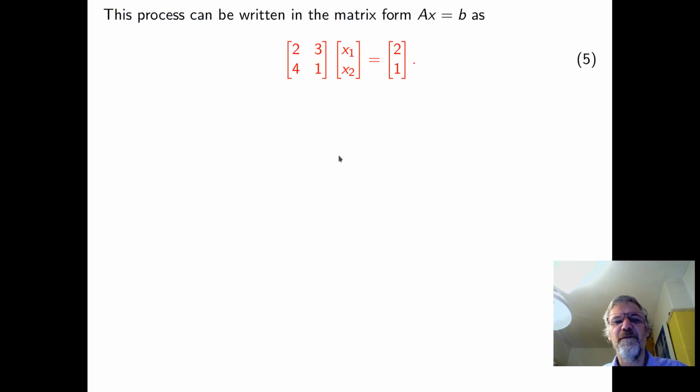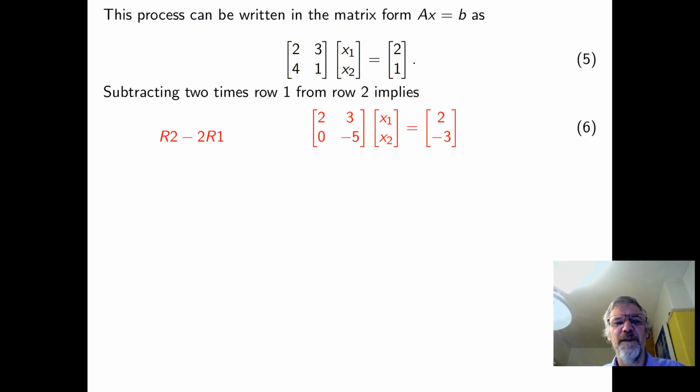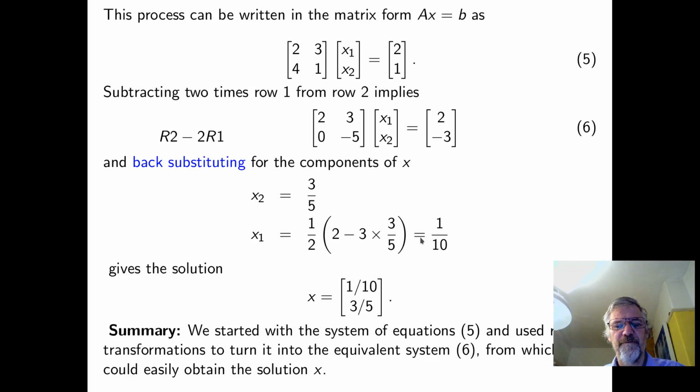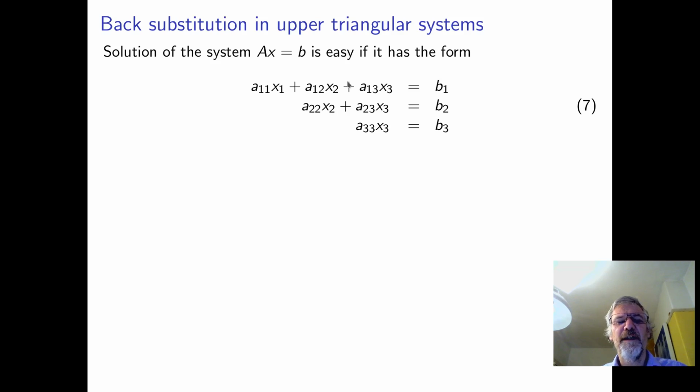Okay, so we can write it as a matrix. How does that work? We're subtracting row 1 from row 2, like this. And there's nothing really that different. It's just written in matrix notation. So we use the transformation involving subtracting multiples of rows above from the row that we're looking at to get rid of a variable. In the end, the aim of the first step is to get a system of equations